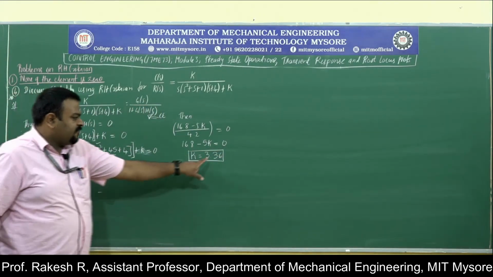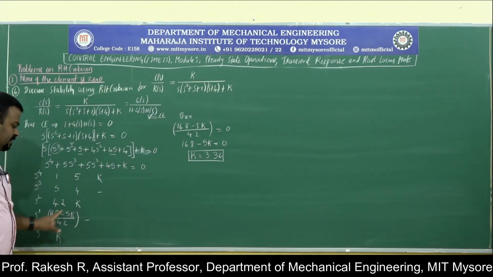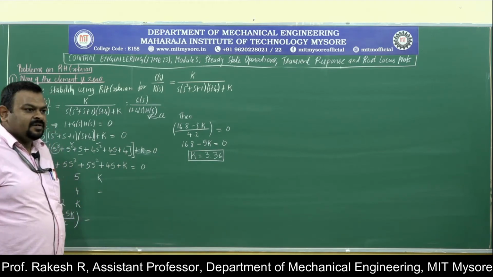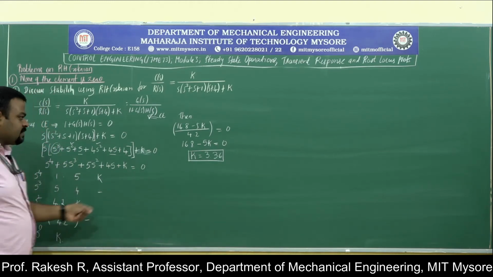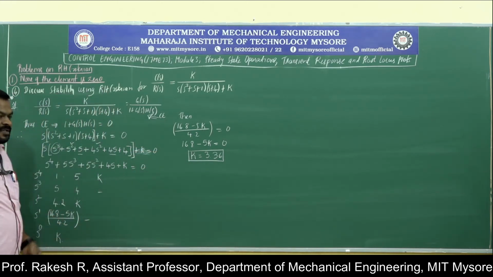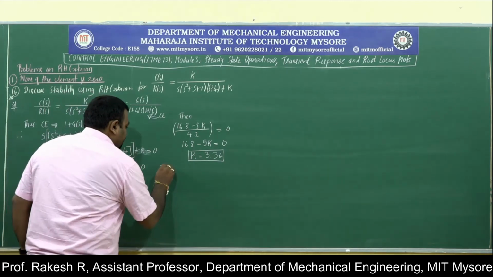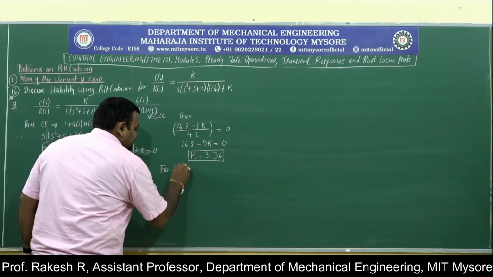So if the value of k is equal to 3.36, then this term will be 0. It is for marginally stable. If the value of k is more than 3.36, then this term will be negative. The system tends to become unstable. Therefore, for a stable system,